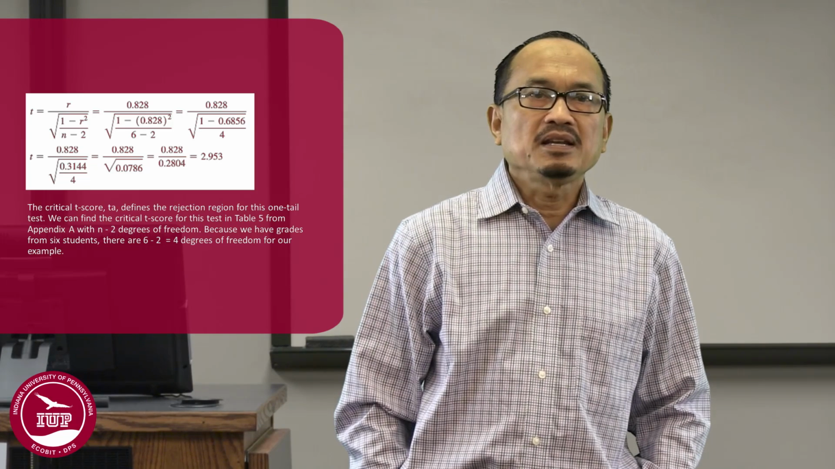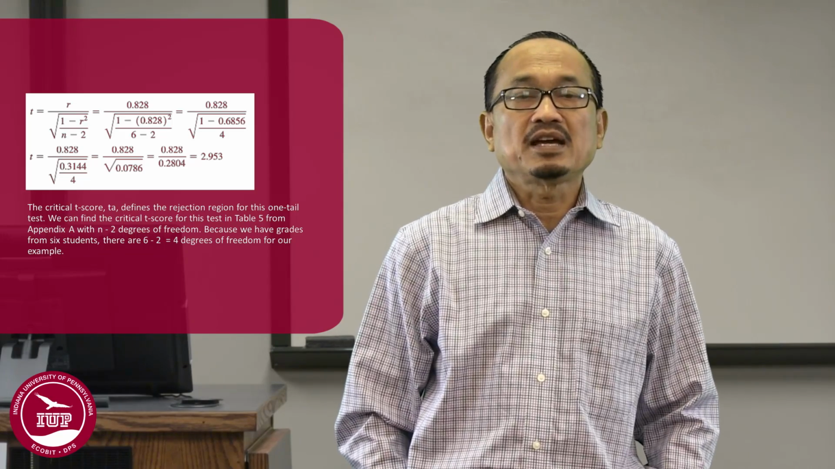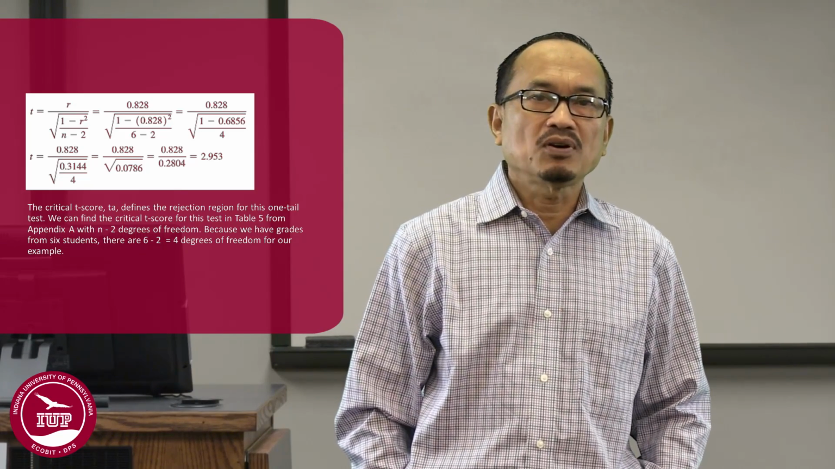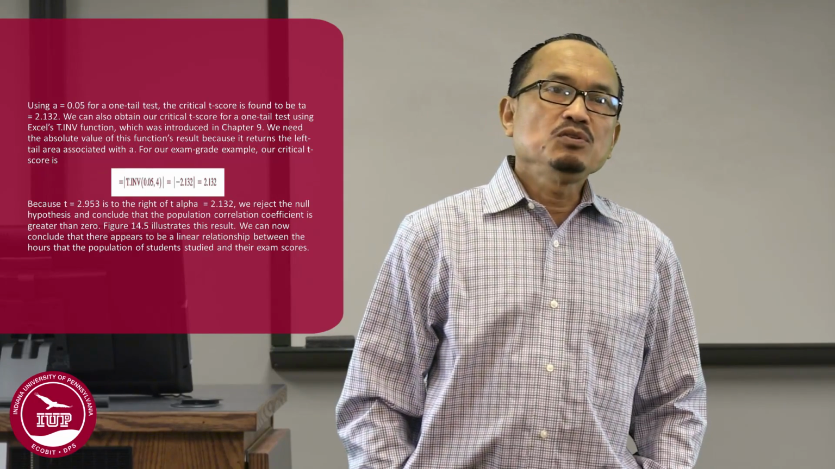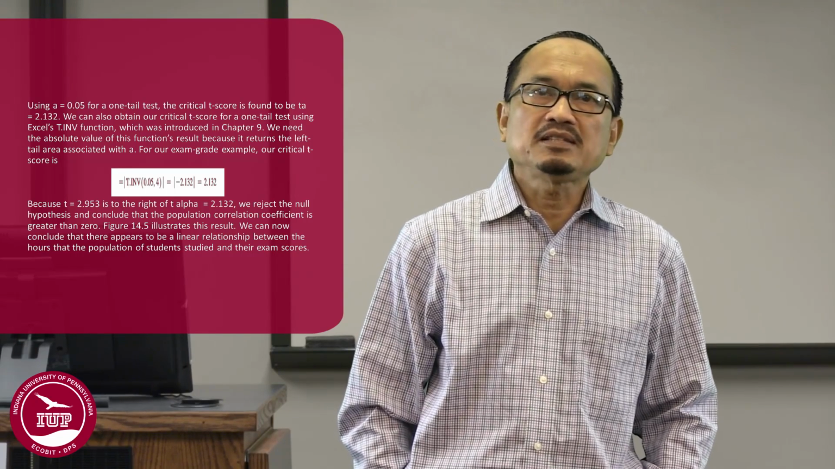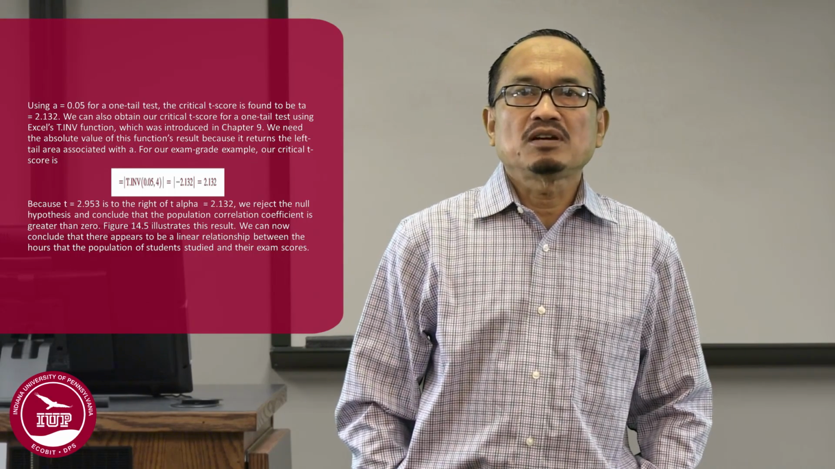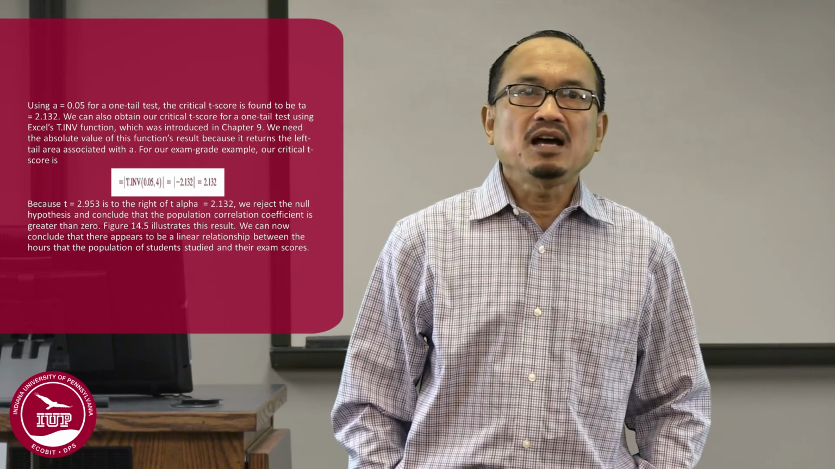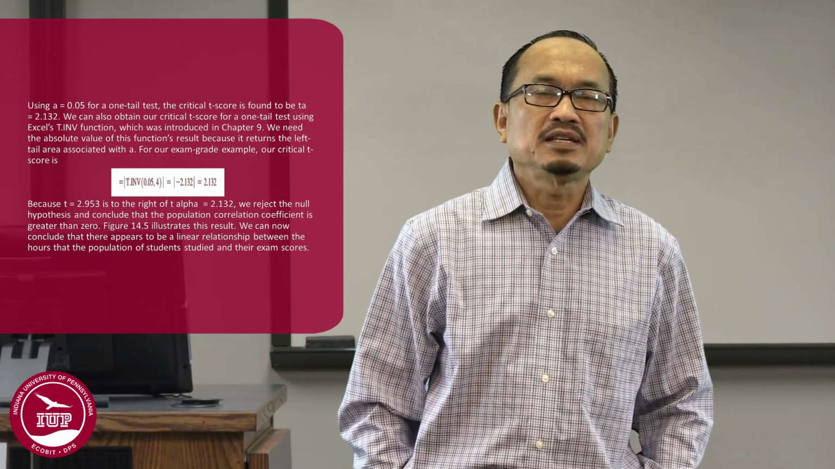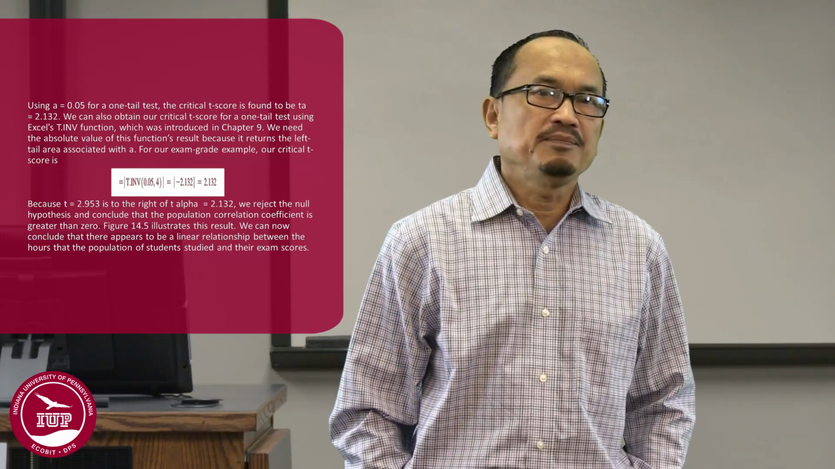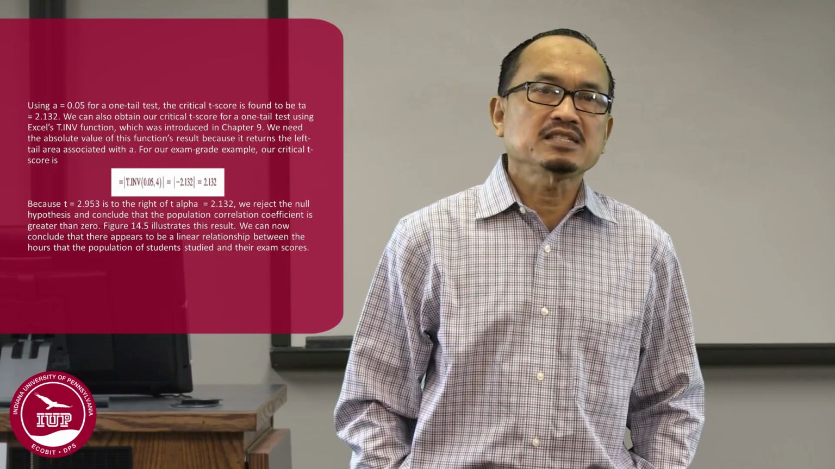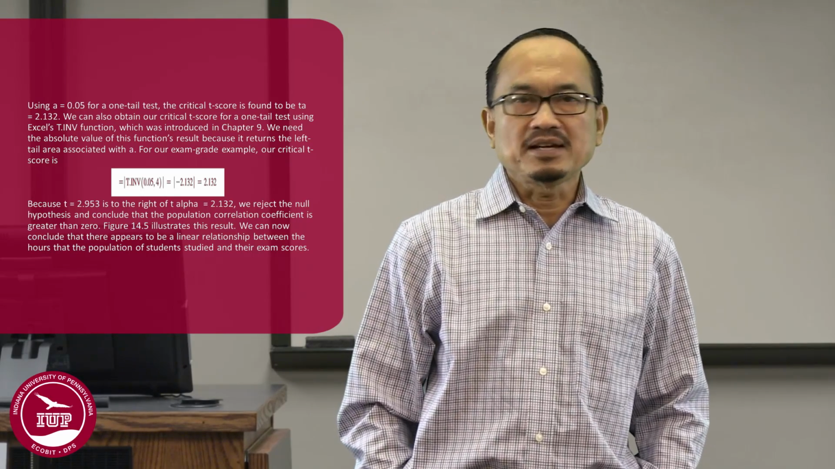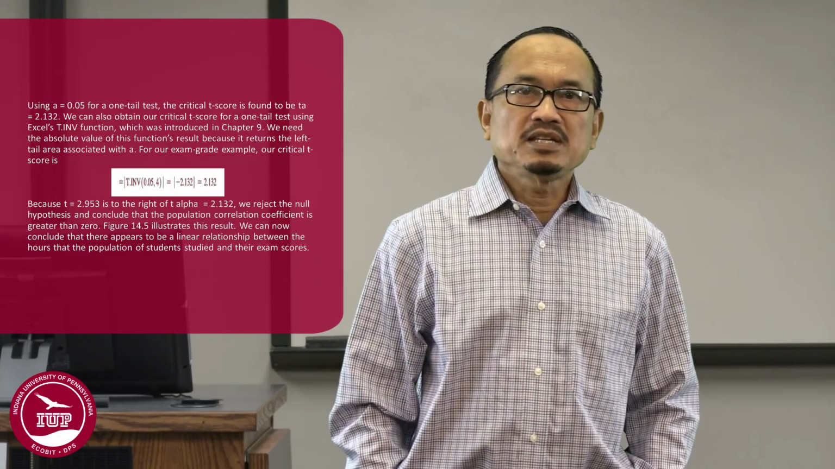We have grades from 6 students, so there are 6 minus 2 equal to 4 degrees of freedom for our example. Using alpha equal to 0.05 for a one-tailed test, the critical t-score is found to be t alpha equal to 2.132. We can also obtain our critical t-score for a one-tailed test using the Excel T.INV function, which was introduced in